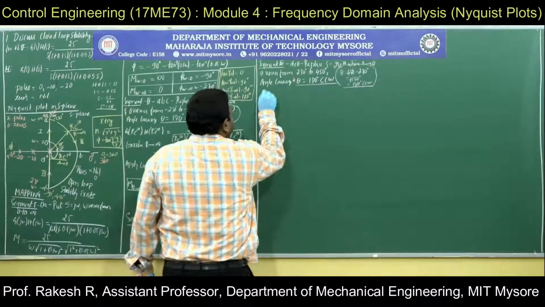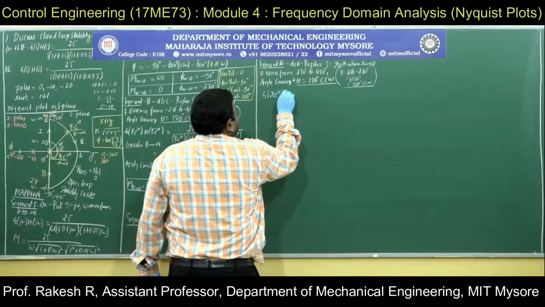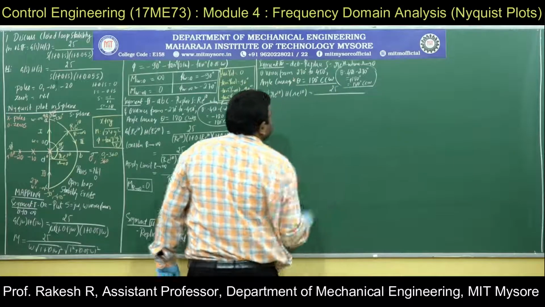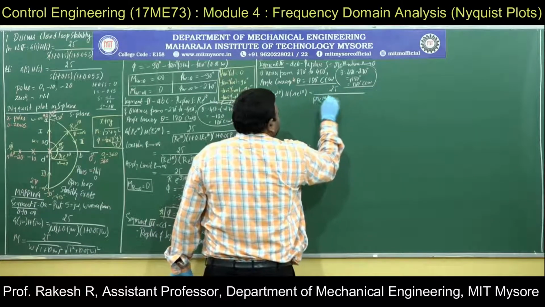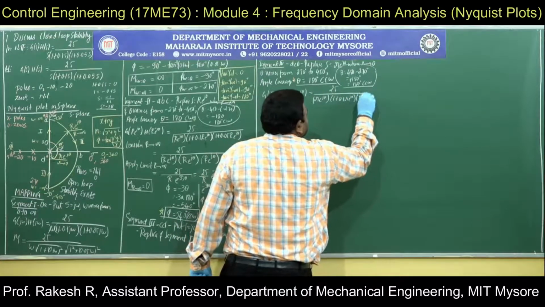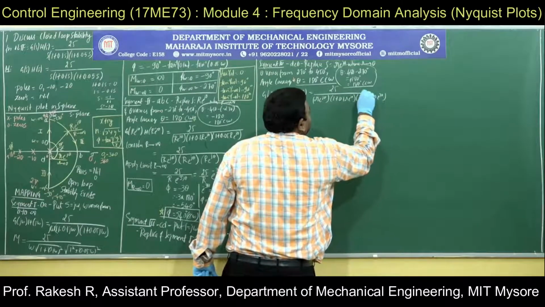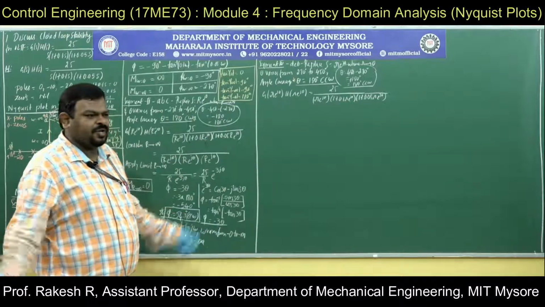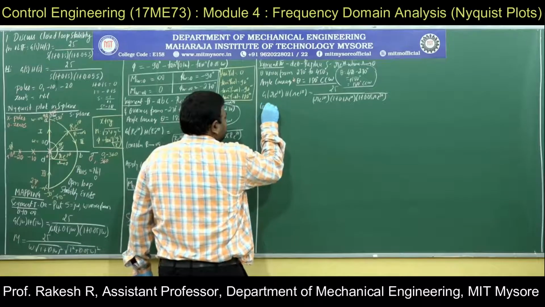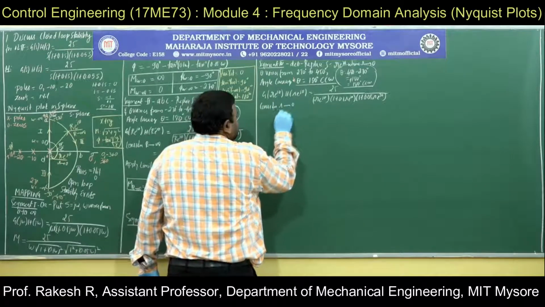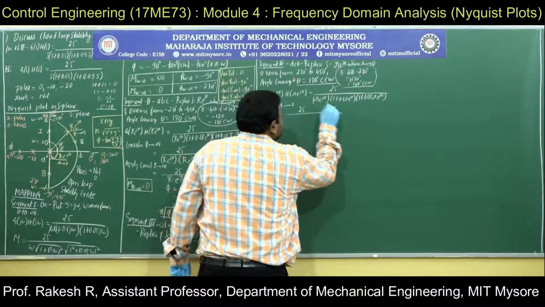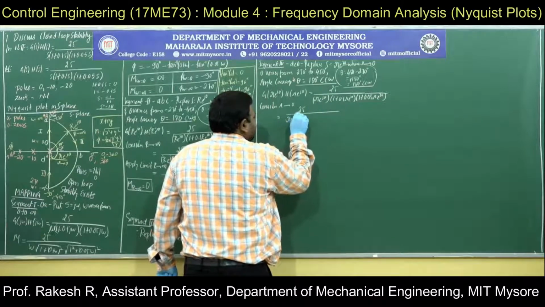Let us solve this. G of r e to the power of j theta, H of r e to the power of j theta will be equal to 25 divided by small r e to the power of j theta, 1 plus 0.1 small r e to the power of j theta, 1 plus 0.05 small r e to the power of j theta. Same story, but only thing is applying limit is different here. Consider r tends to 0. If you consider r tends to 0, 25 whole number directly write, divided by r e to the power of j theta, retain it.